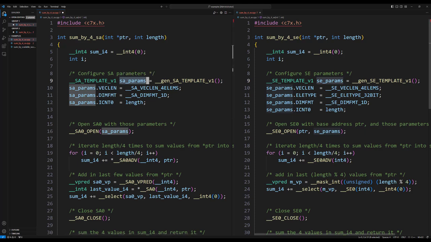But the general role of each field, veclen, dimensional format, and iCount, is the same between the two, so I'm not going to describe those fields. And yeah, the way you initialize it to all defaults by calling a function, that's the same. It's a different function, an SE something function and not SA.